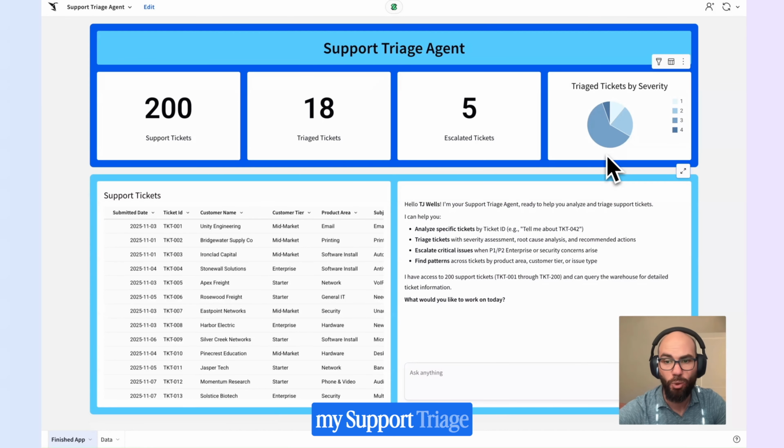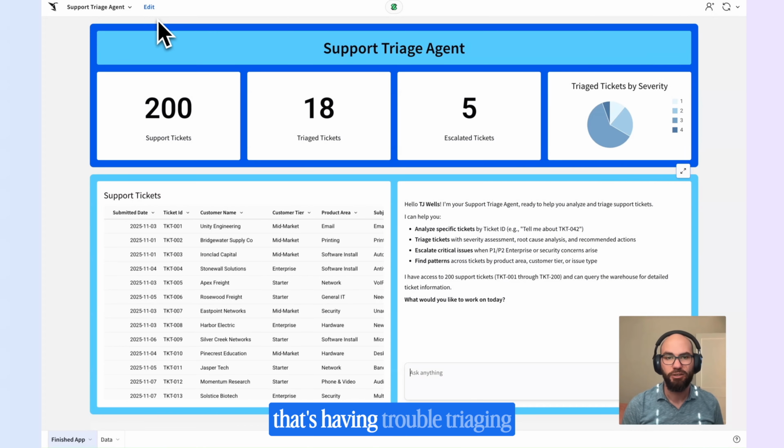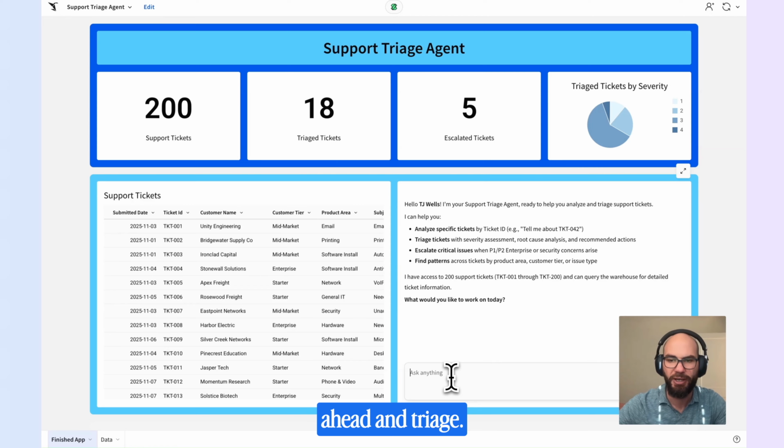I'm going to walk through my support triage agent that I've built. It's built for an IT team that's having trouble triaging and escalating tickets because they're a small team. So we're going to go ahead and triage. Let's triage ticket